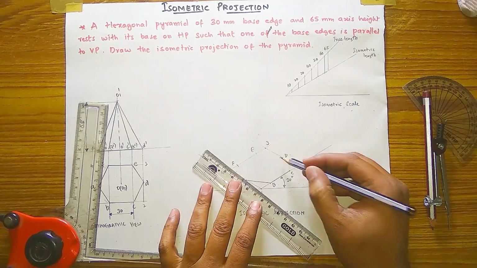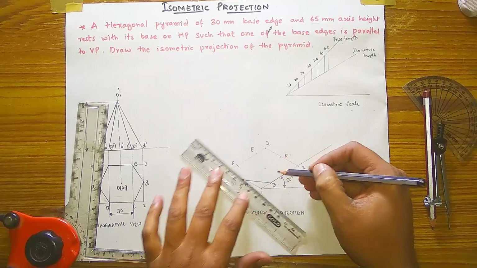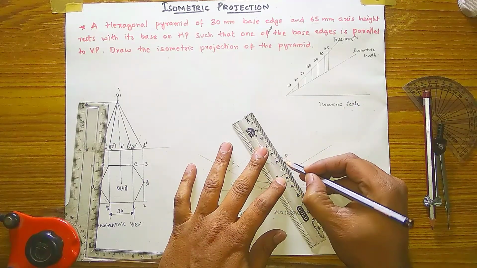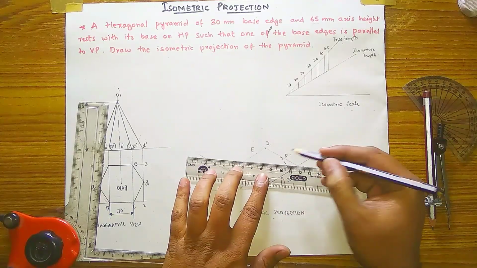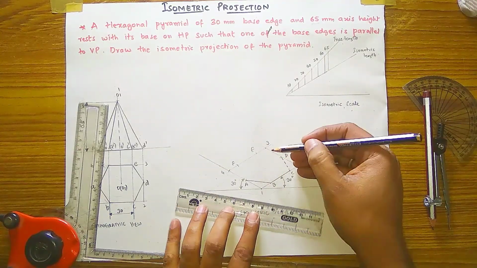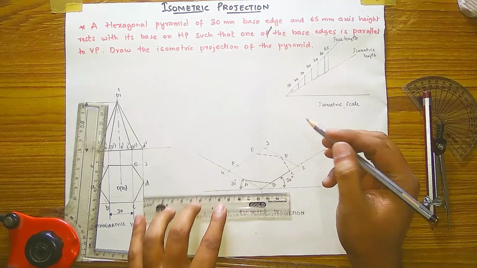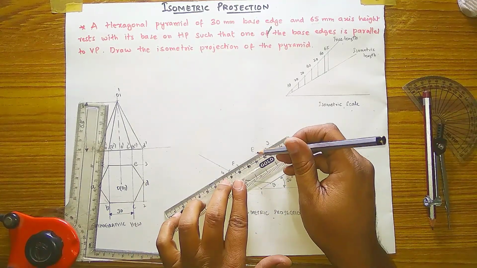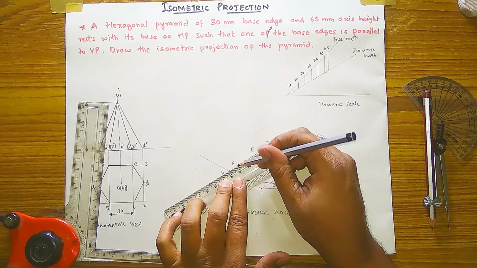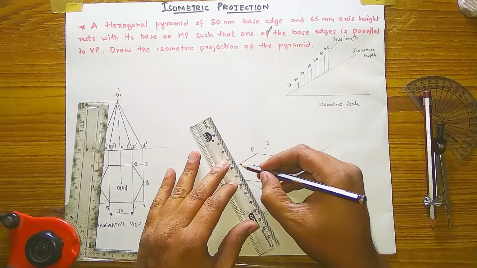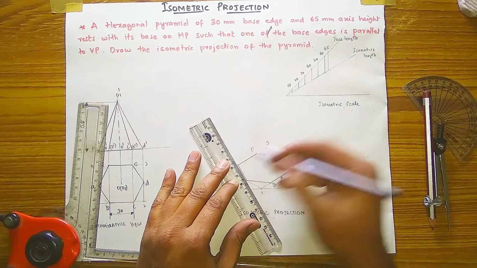Okay, and C to D, it is backside, it is not visible from the front. So for the invisibility, we have to put it as dot dot. And D to E is also at backside, so it is not visible. This edge is not visible, so we have to do dot dot. And E and F is coming on the boundary, so we have to do it dark. And F to A is visible from the front, so do it as dark.